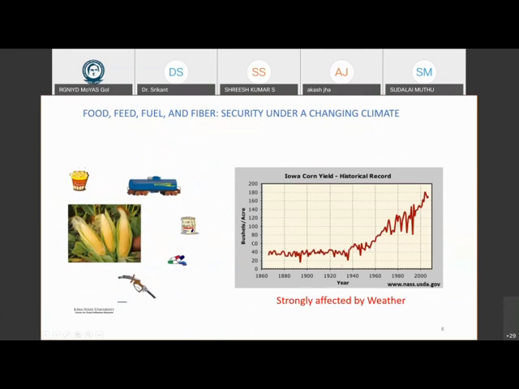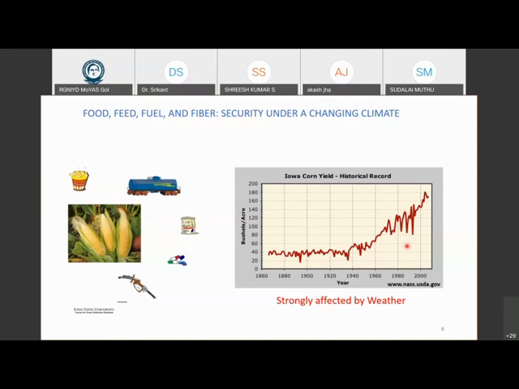This plot is showing the y-axis is the yield, x-axis is the time. So you can see from the 1800s to the 2000s, as the decades have progressed, the yield has increased, right? Food production has increased, but then there are huge dips once in a while. Why are these dips there? It's because of weather events. So even if you have good science, at the end of the day, the weather itself can affect your plant drastically, and then all of that goes to waste. So there are two features you have to tackle. One is the inherent behavior of the plant, and then its response to the environment.